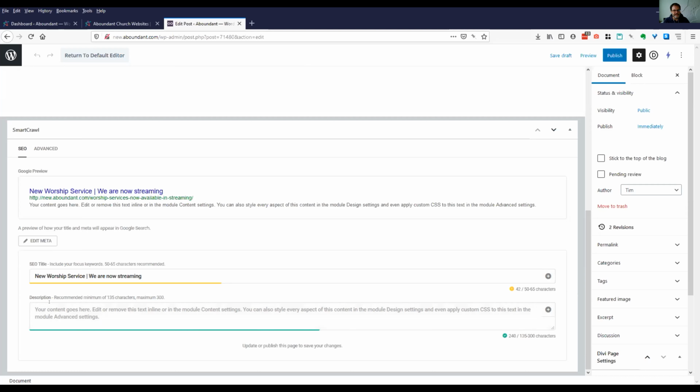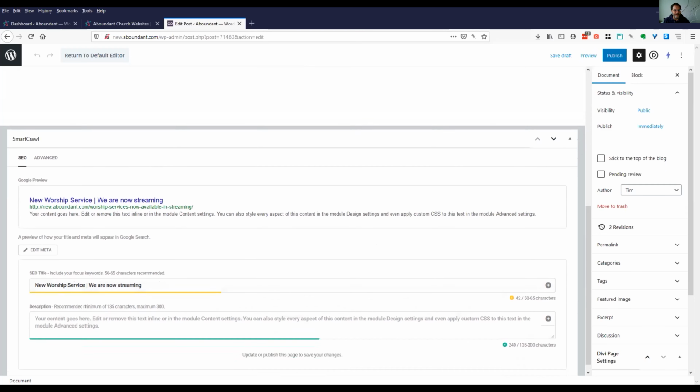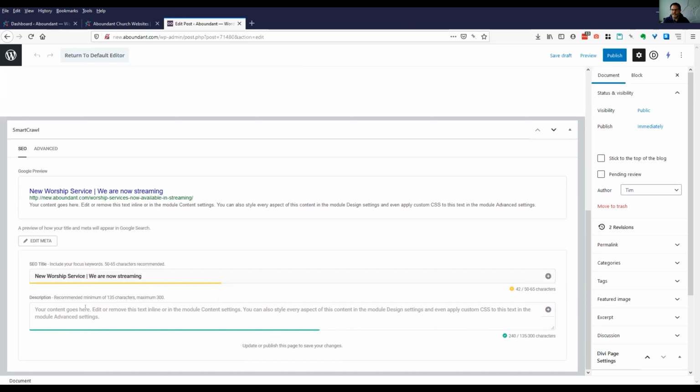Now you can see that it's just picking up the text automatically, but what it's going to do is take its best guess based on your copy. And that's just not very helpful. I didn't actually have copy in mind that I had created. It was just lorem ipsum text, or I guess this is the default text in that text module. So I might do a description. And so my description is going to be something like